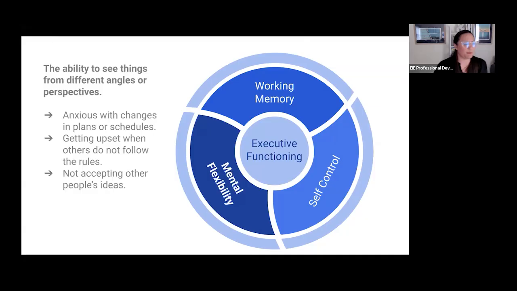So tell us a little bit about the mental flexibility. Mental flexibility is the ability basically to see things from other perspectives. For a student, this might become more difficult when there are specifically changes in their everyday routine and their schedule. Imagine if you have a substitute and you're finding out that your students are having a rough time with that substitute. Some of them may have difficulty with mental flexibility,